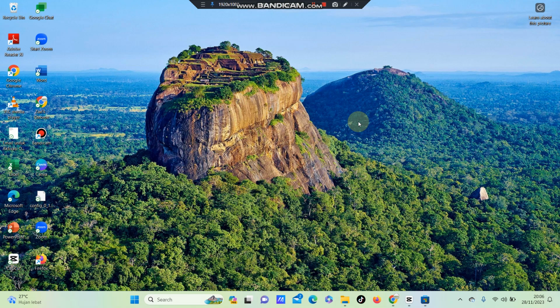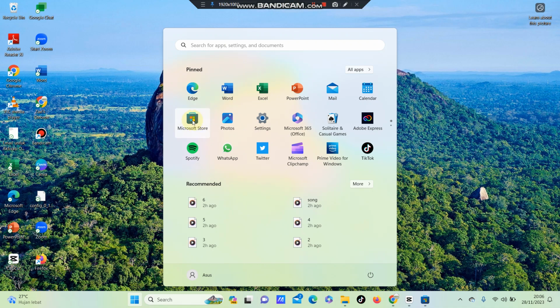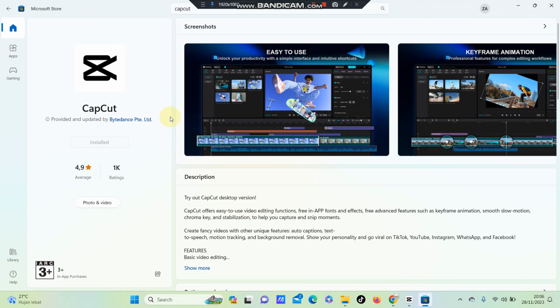So you are just going to select the start and then select Microsoft Store, and after opening it you're just going to search for the CapCut. In the search field the CapCut app appears. Just click install right here, and yeah, I have installed it,